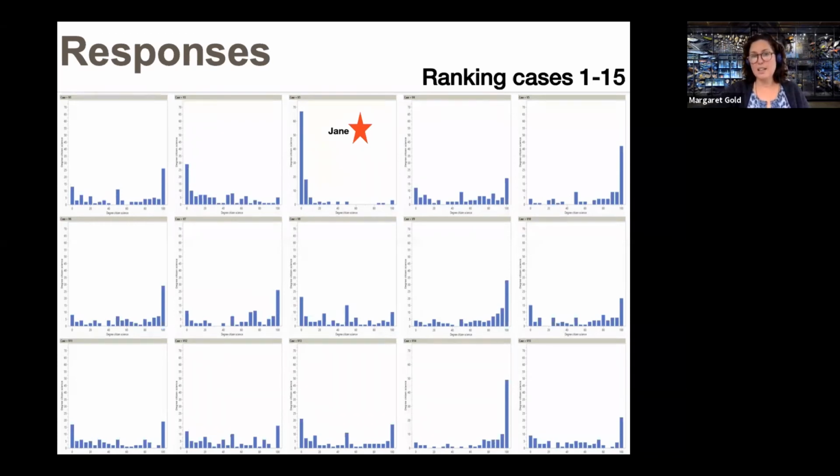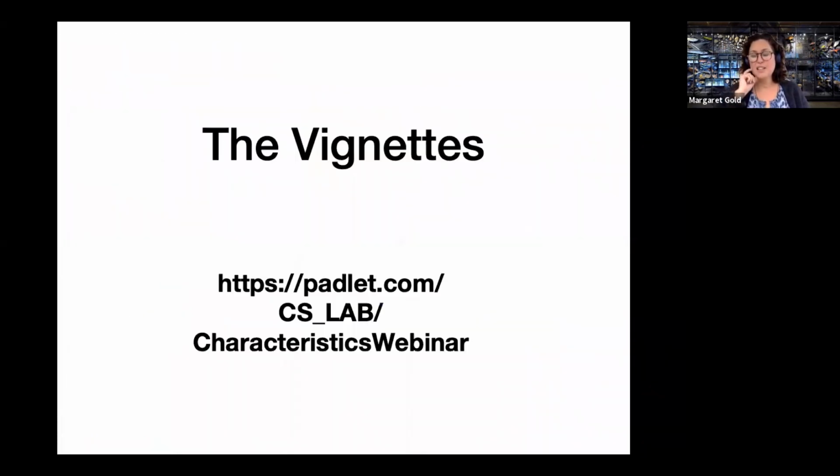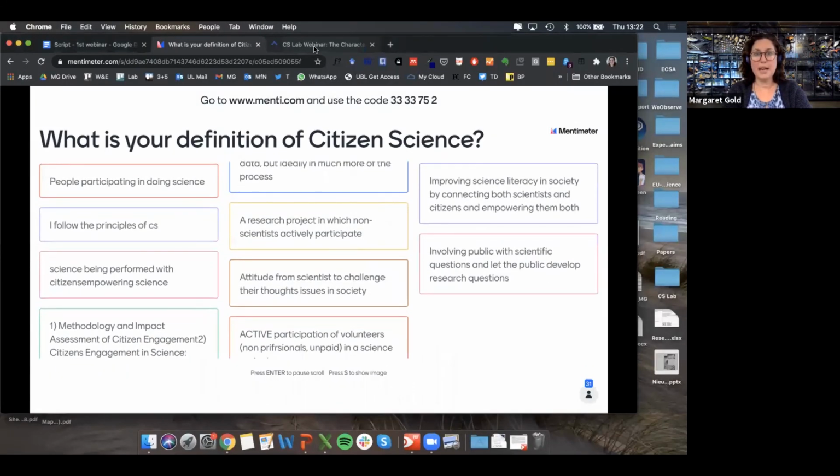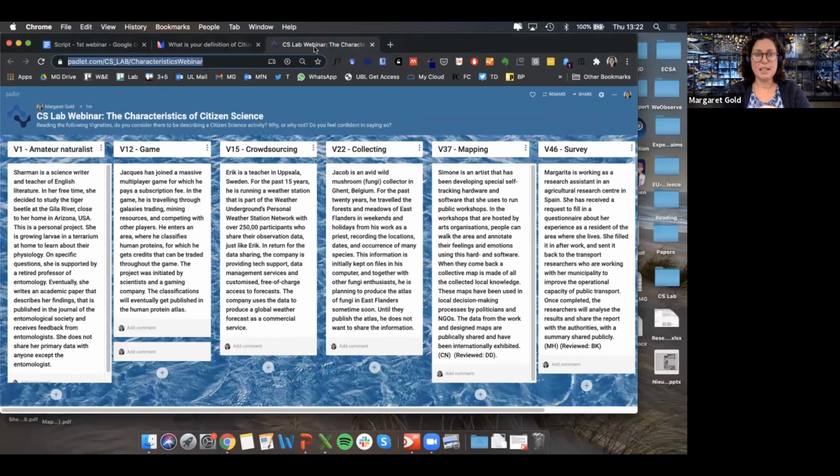So what I'd like to do with everybody right now is have a little bit of engagement with each other to talk about these vignettes and look at these vignettes. And what I've done is I've created a Padlet that has a range of vignettes. I'm going to come out of my slides and go over to the Padlet. So if Anne can stick that link for me into the Zoom chat for everybody, set up this Padlet, and we've got one breakout room for each of these vignettes.